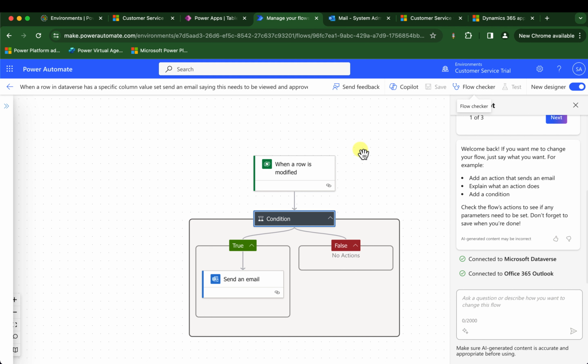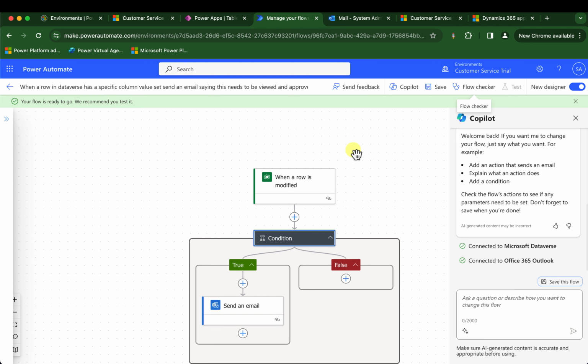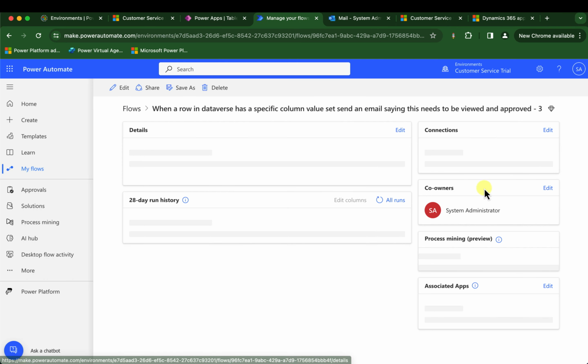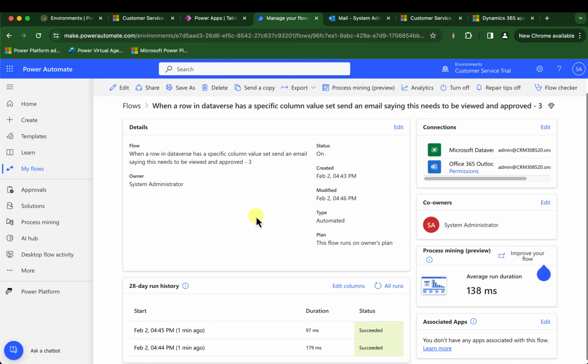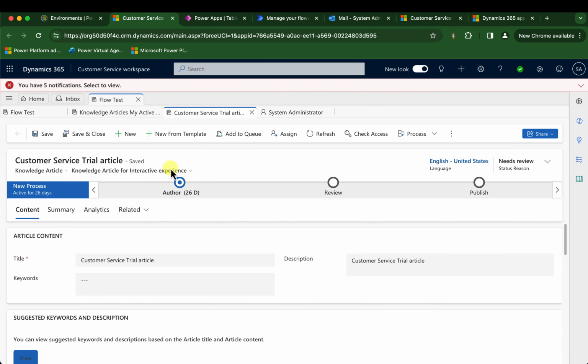So I'm updating that, I'm saving it. The flow's ready to go. So now I'm going to go back and re-trigger those records. So I'm going to go back to the run history, have a quick look, and then I'm going to re-trigger.